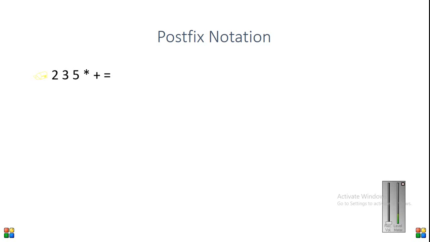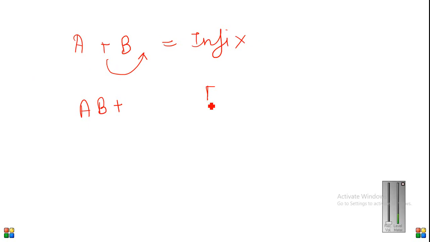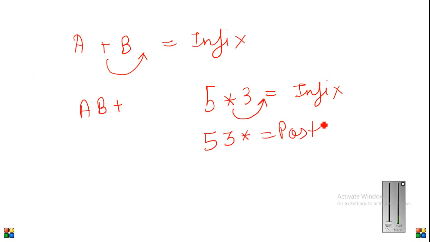So now you can see there is a postfix notation, right? First let me give you a very simple example. When you write a plus b, this is infix. The equivalent postfix would be, move this plus to the post side, so it will become ab plus. Similarly, let's say I write 5 multiplied by 3, this is infix. What will be the equivalent expression for postfix? Because it is post, this will go here. So I write 5, 3 and this is cut and pasted here. So this becomes a postfix.